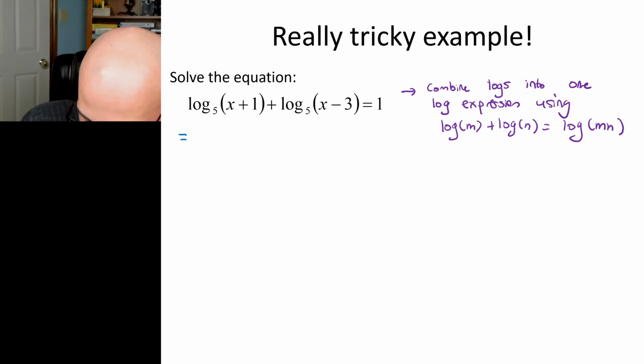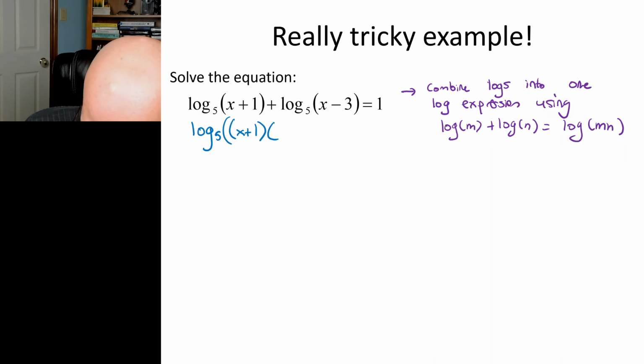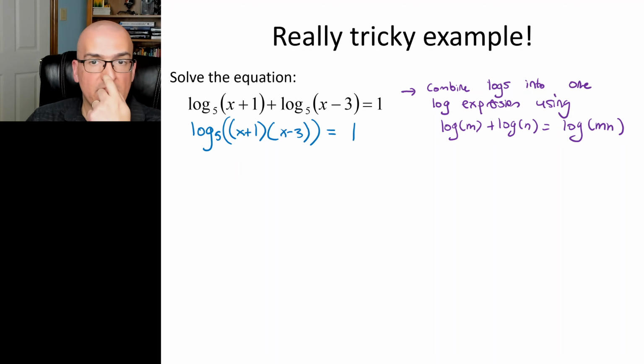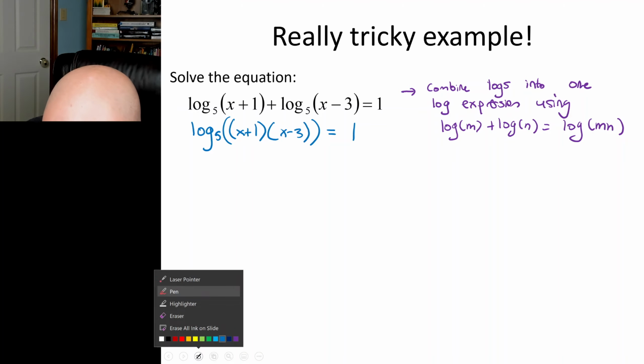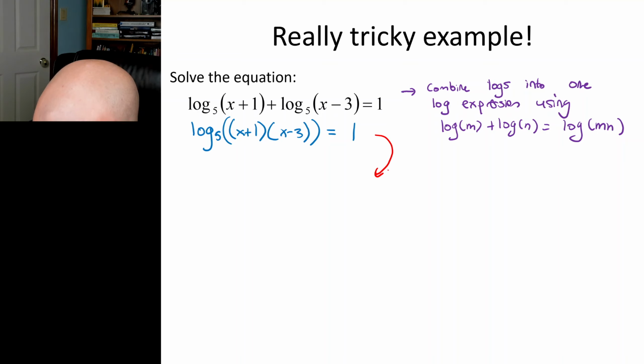So we have, notice I have equals on that side, log base 5 of x plus 1 times x minus 3 equals 1. Okay, that's all we did was use a log property. And now we're going to exponentiate. Raise both sides